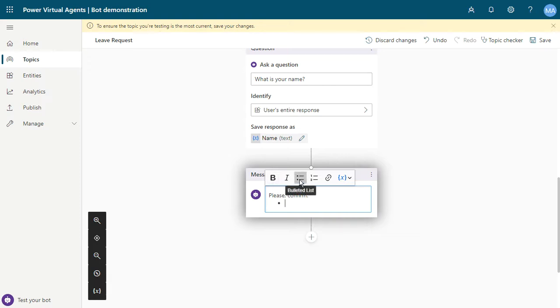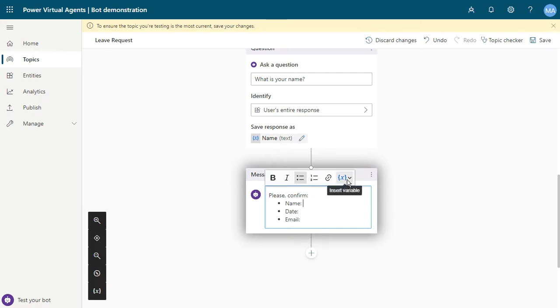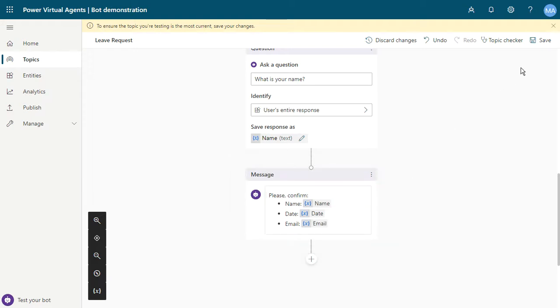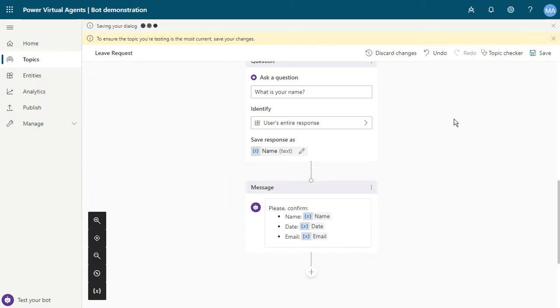We can create a bullet list: name, date, and email. And we can just click on insert variable and select the name, select the date, and select the email. And if I save this topic,